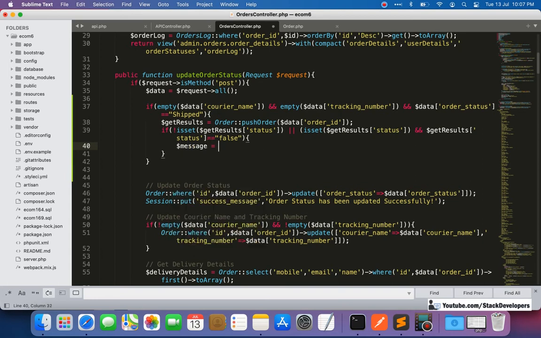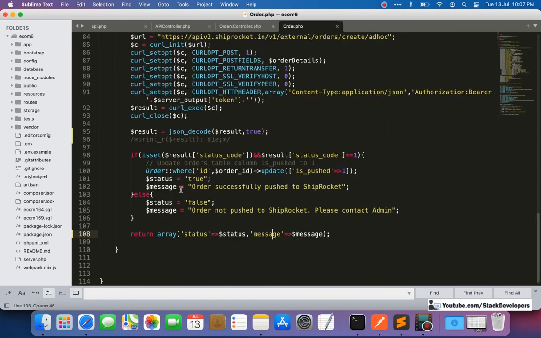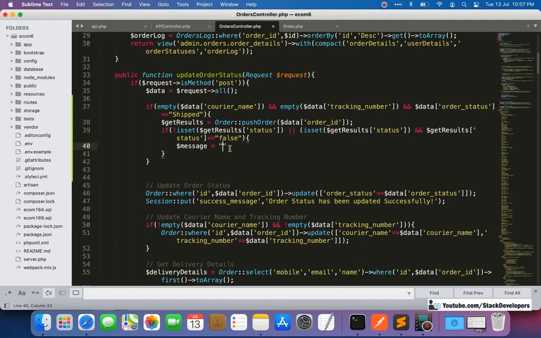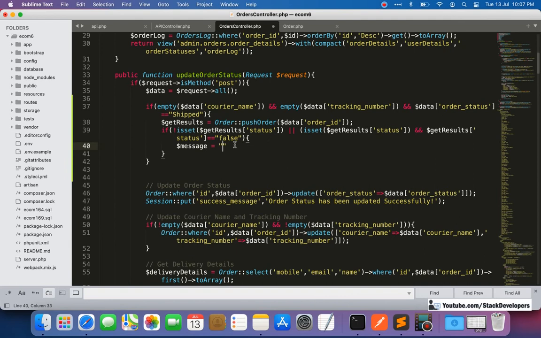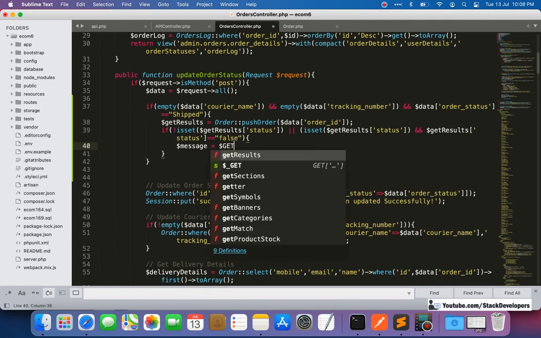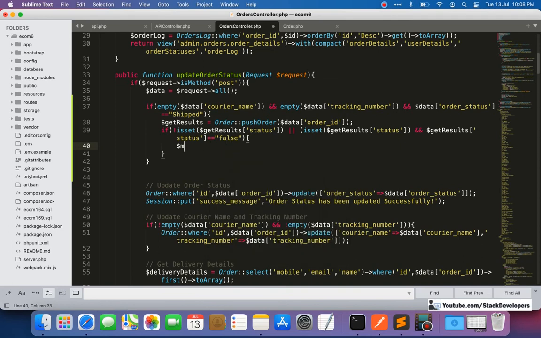For the message, we already have the message itself, so we can simply show it: "Order not pushed to ShipRocket, please contact admin." We can simply return that message.